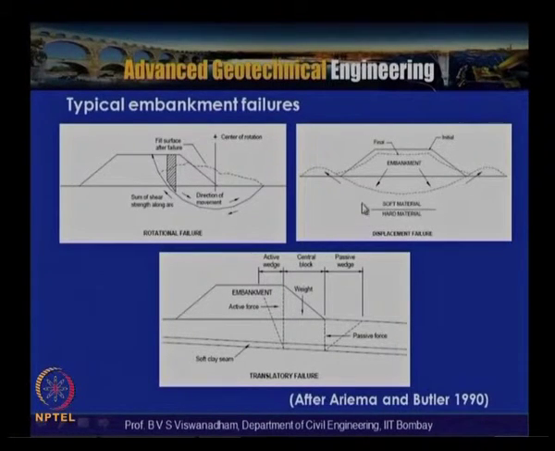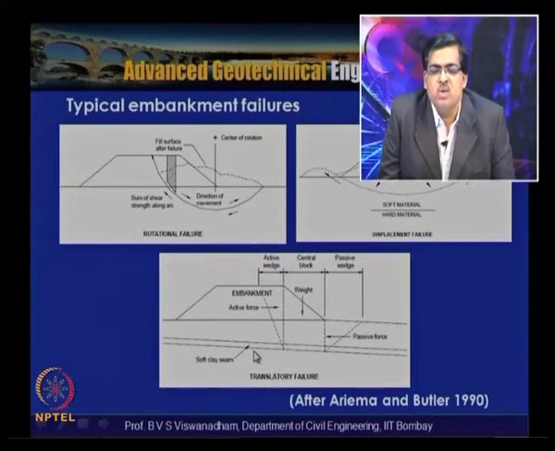Another typical embankment failure is a displacement failure, where the embankment portion settles down with maximum settlement at the center and heaving on both sides. This is typical for soft material, whereas if there is a hard material nearby to the bottom surface, you can have settlement and heave taking place in both directions. Suppose there is an underlying soft clay seam beneath the soil surface, then there is a possibility that a translatory failure can happen.